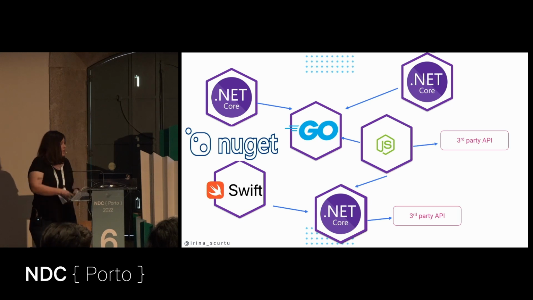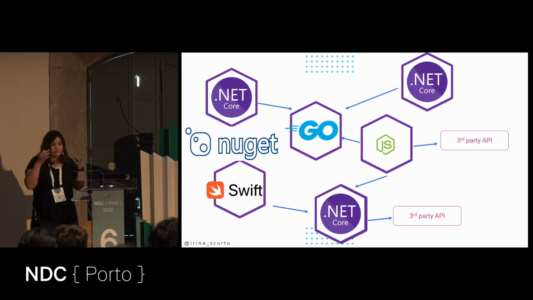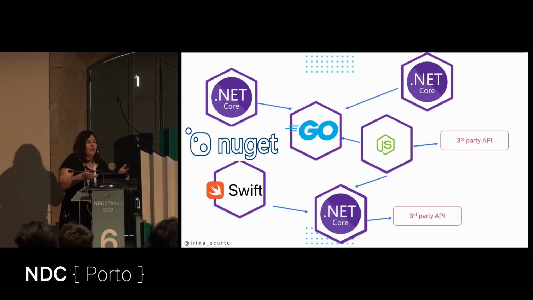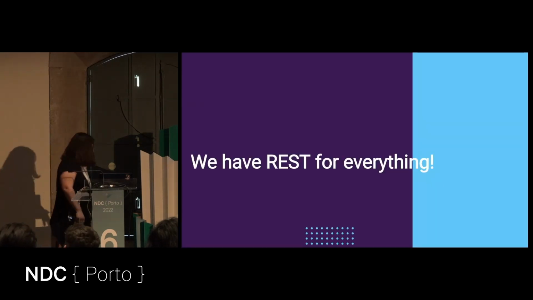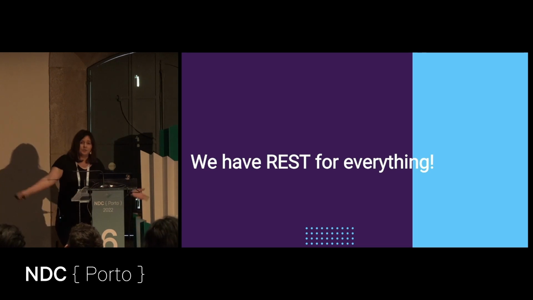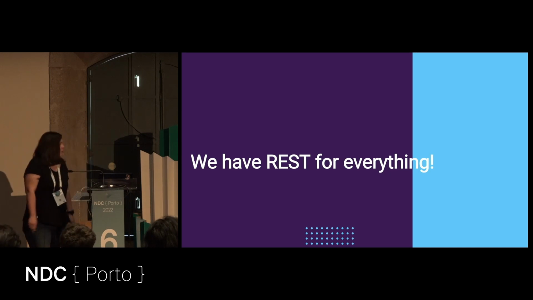You have smaller chunks, and those chunks need to talk with each other. And that talk is often made in JSON, right? Because JSON is the common language for pretty much everything. And, well, we have REST APIs. Admit it, you did REST APIs? You implemented such APIs? You did, right? And those APIs were following every REST guideline?